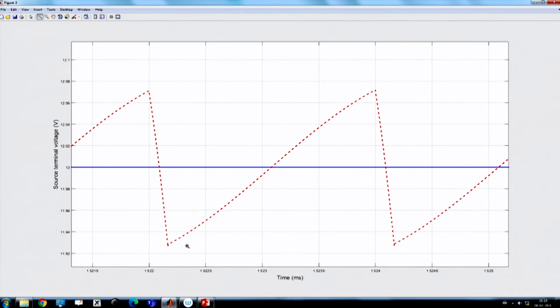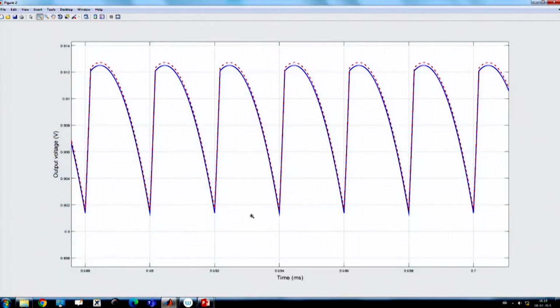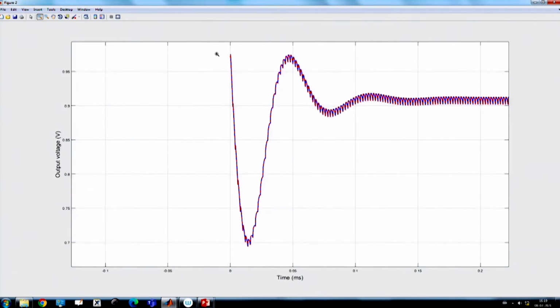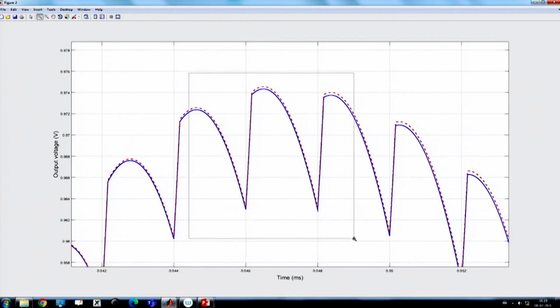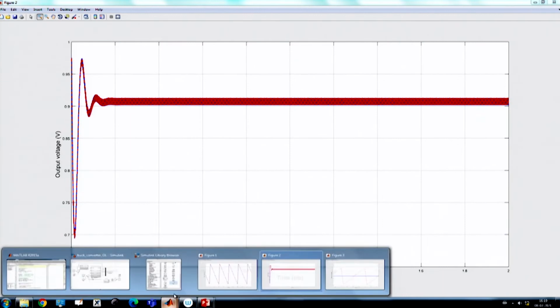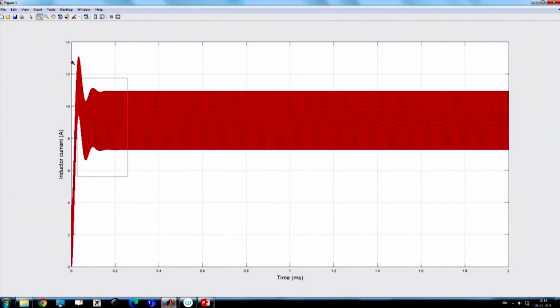Now, because of switching event of this DC-DC converter, you see the output voltage waveform got changed a little bit, the shape has changed because we have overlapped these two waveforms. They look somewhat very close, similar. Okay. And if you go to the inductor current waveform, they look very similar,